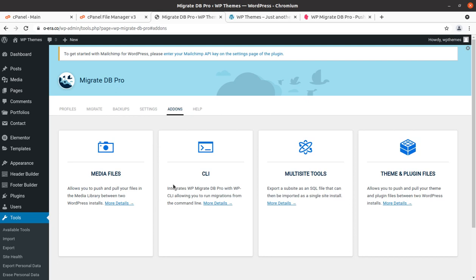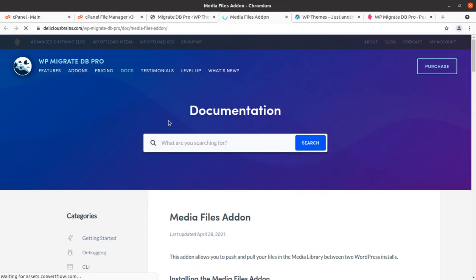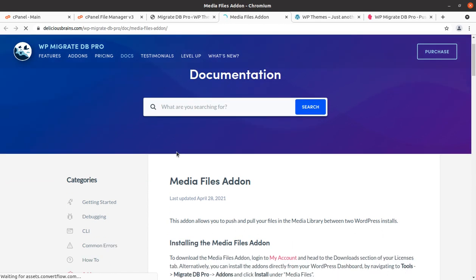Now I can see for media files, this is an add-on option, and I don't know whether it is actually enabled or not, because we have successfully exported the database, so it is not a worry now. So the database is the main worrying field, and for more details on media files, it may be an add-on pro, so documentation.